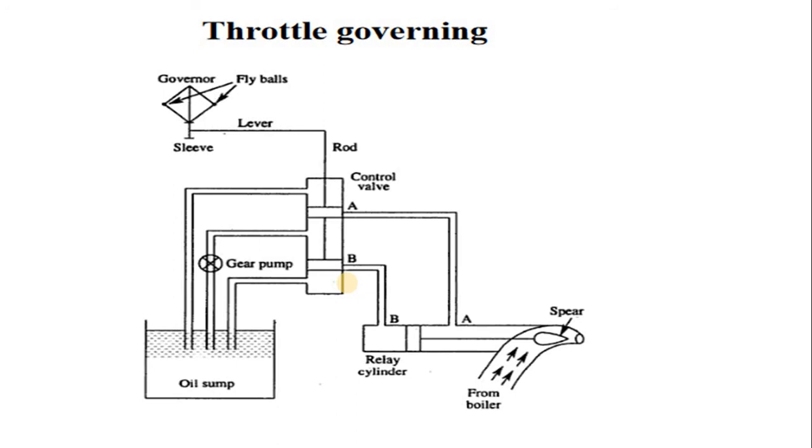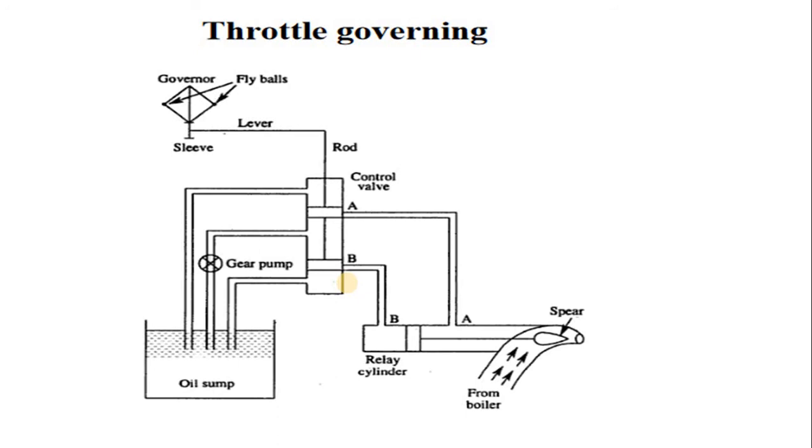The decrease in the load during the operation of the turbine will bring about an increase in the shaft speed. So there are two situations in the case of the steam turbine: when the load on the turbine decreases and when the load on the turbine increases. It is common sense that when the load of the turbine decreases, the speed of the shaft of the turbine goes on increasing. So we must control that speed irrespective of the load condition. That's why governing is important.